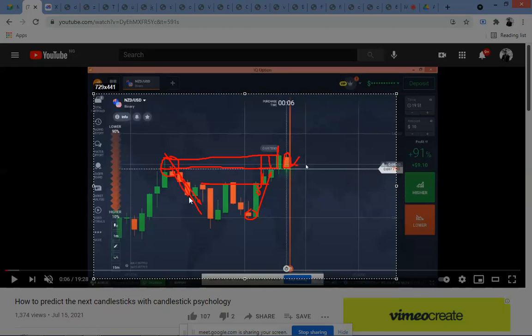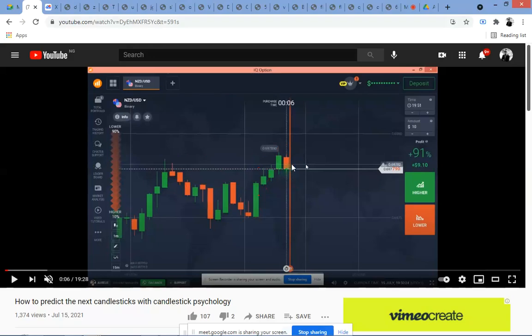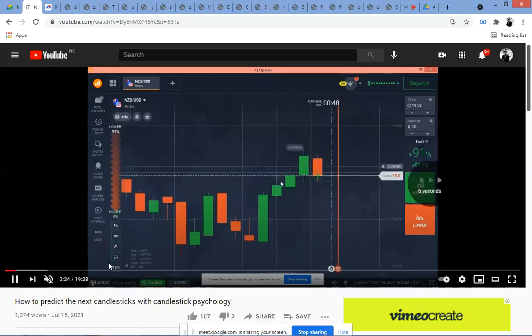Because we have three sellers' candles here, we can expect at least two candles here. Make sure that this candle is very strong. Though there's no gap up, make sure that this candle is very strong before you go with sellers. If it's not strong, you can't go with sellers. So that is the activity, that is what I observed here to make me predict the next candle.